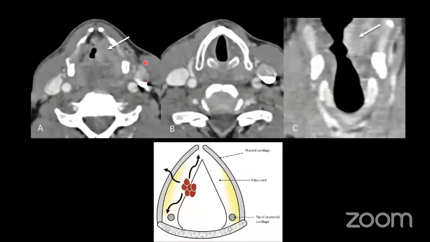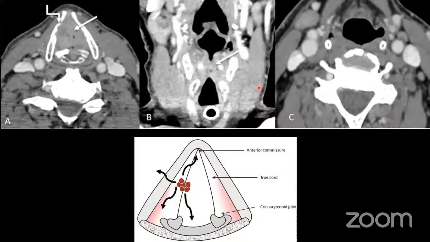The next case is a case of supraglottic disease again, but only restricted to the false cords. And you can see that the disease over here is involving the paraglottic fat pad and the space reaching up to the cartilage, but no cartilage involvement. You can see very well on the coronal reformats that the disease is only restricted to the false cords. At the level of the true cords, the normal signal intensity pattern is maintained. There is no altered lumen or any bulge. And this is a disease not involving the glottis.